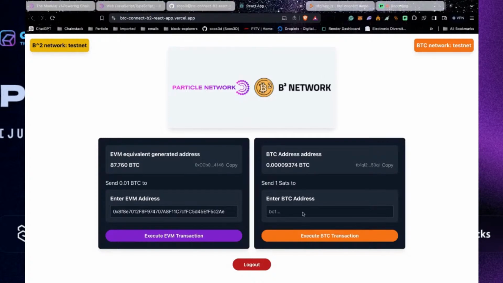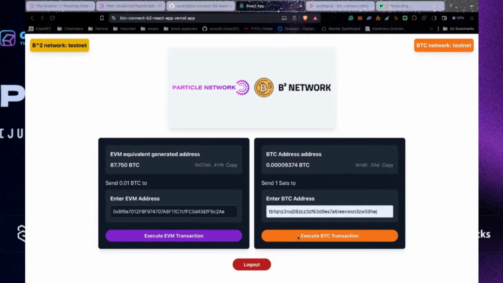And we will be able to do the same thing with BTC. I can add one of my BTC addresses, execute transaction. And now I can sign my transaction here from the same wallet, and done, sent. This one only sends one Satoshi, so it's a very small value, but still. And that's it. You see how we were able to use the same Unisat wallet to interact with EVM, BTC,